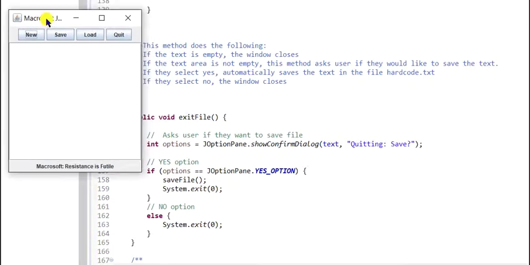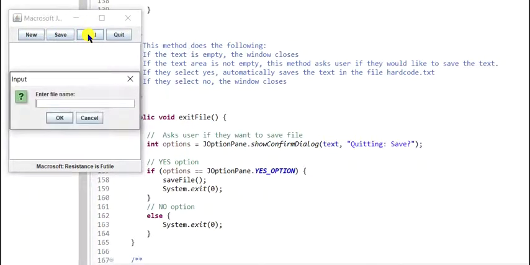Here we go. Now we can type in anything we want, such as GUI is very fun. And since GUI really isn't that fun, let's just press the new button right here and clear our pad. Now we can type in Fortnite is a lot more fun than GUI. Oh, there's a little typo. Okay, now we can save our file, clear our pad again, type in our hardcode file name,